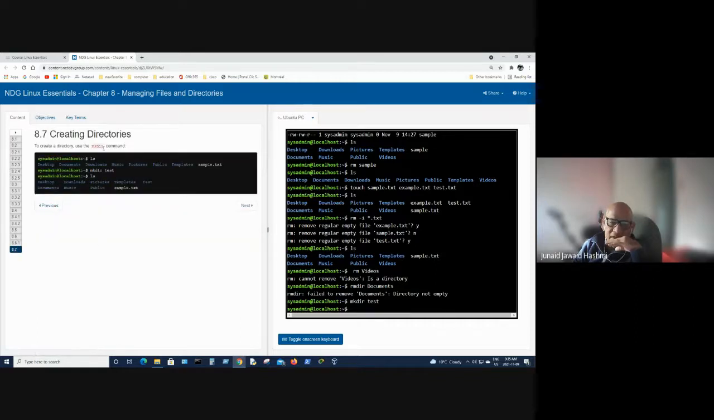All right, so the mkdir command creates directories. All right, so that's the end of